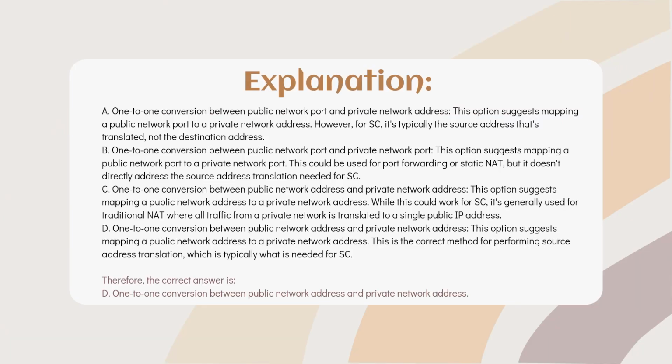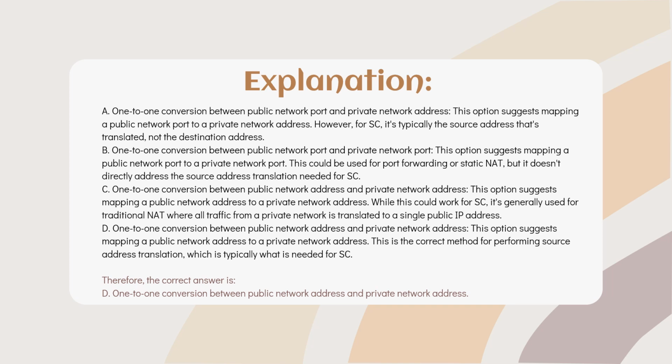Explanation. A. One-to-one conversion between public network port and private network address. This option suggests mapping a public network port to a private network address. However, for SC, it's typically the source address that's translated, not the destination address. B. One-to-one conversion between public network port and private network port. This option suggests mapping a public network port to a private network port. This could be used for port forwarding or static NAT, but it doesn't directly address the source address translation needed